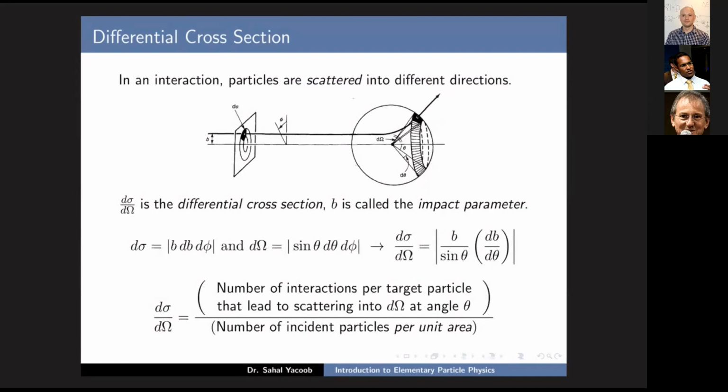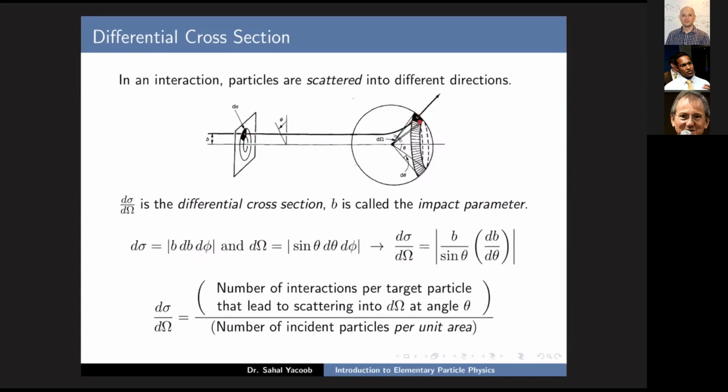This is hopefully revision from classical mechanics for all of you, but if we have some little element d sigma here that is going to interact with our hard sphere, and this incoming particle is going to be scattered off at a particular angle theta, then the probability of particles coming in at d sigma off into the solid angle